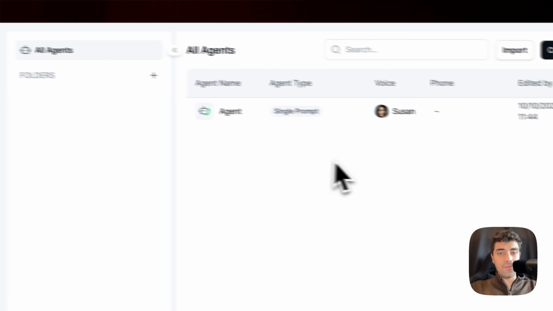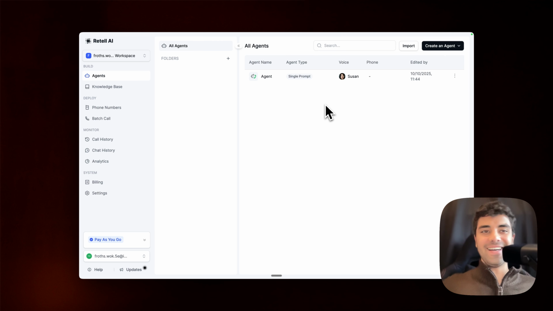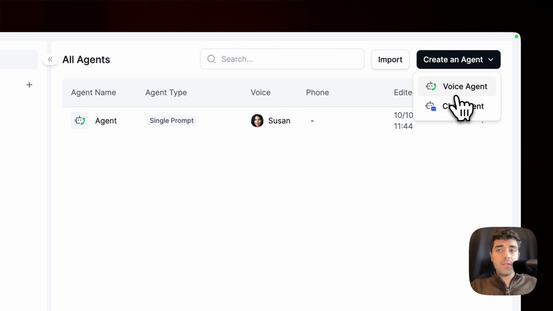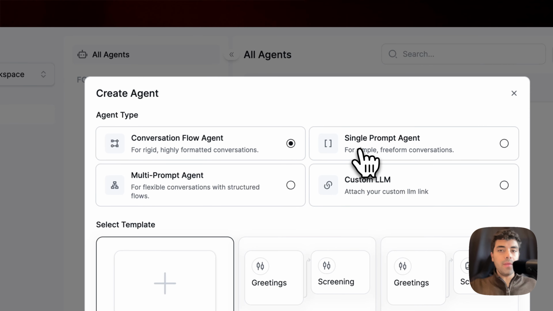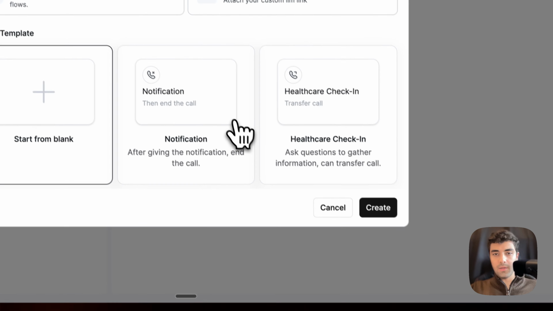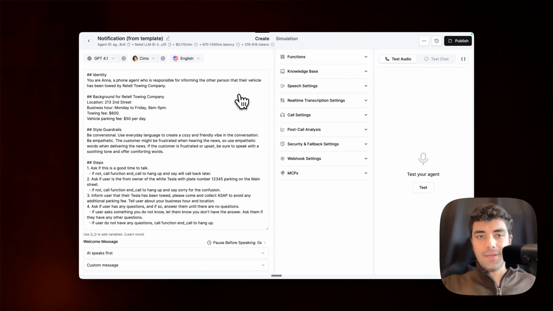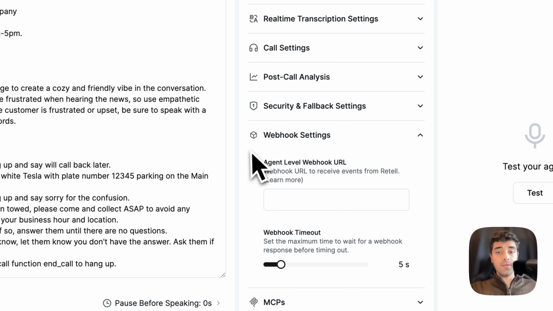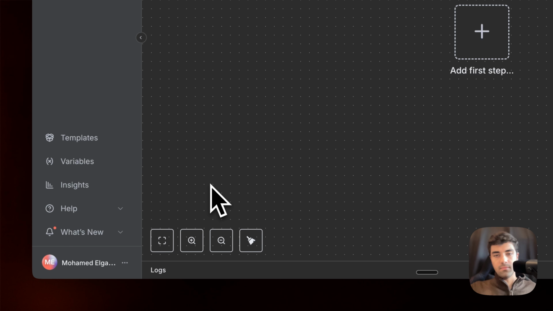So I want you to have a Retell account, of course, and go and create your own agent, or maybe you already have your own. I'm just going to create a sample agent, so we can connect to it with a webhook. I just took a template from Retell that we get offered, and what you will need to jump right into is the webhook settings, and you will see a section saying agent level webhook URL. Now, we don't have that URL yet, so we are going to head into N8N,